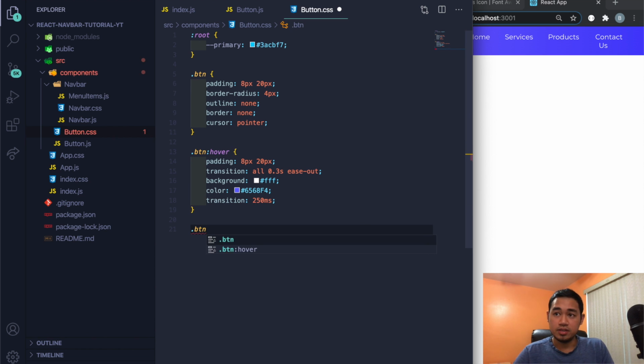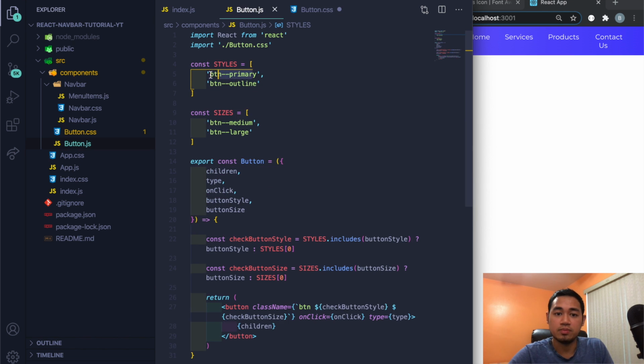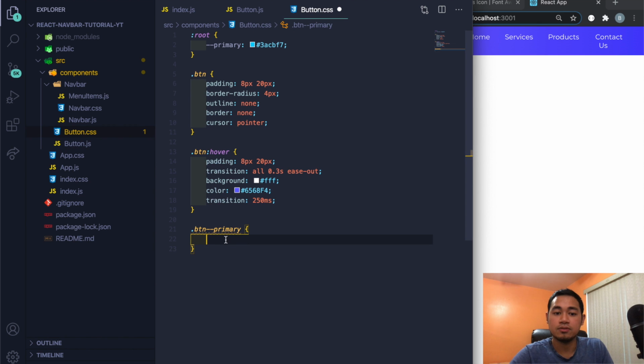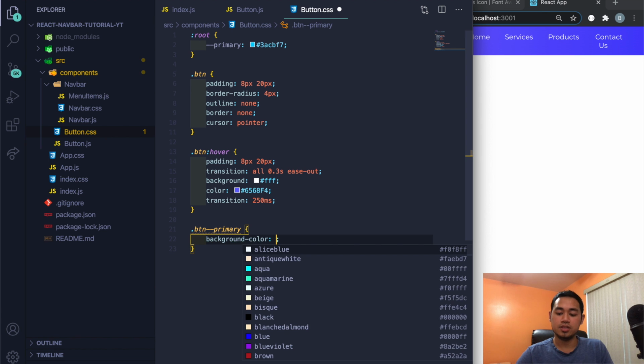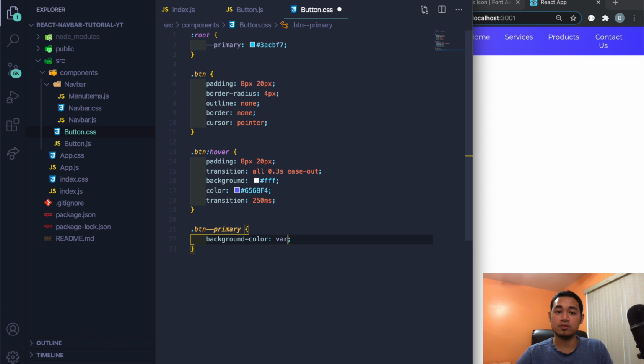Now let's target the btn-primary, which we created in the styles, which again was here. So we're gonna make these properties now. I'll just say background-color equal to var. So whenever you use a variable name like this, you have to do var, parentheses, dash, and then just primary, like this. Then we got btn-outline, and that's basically just background-color transparent,